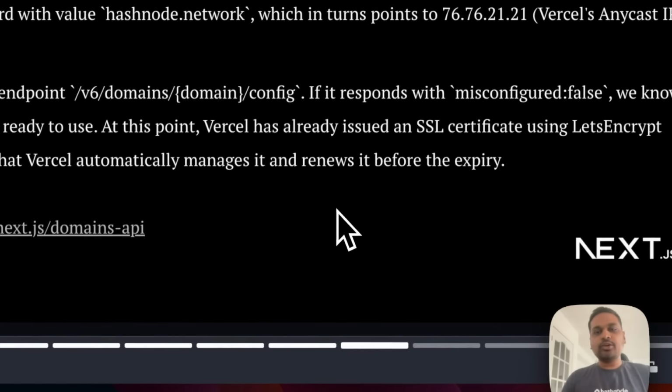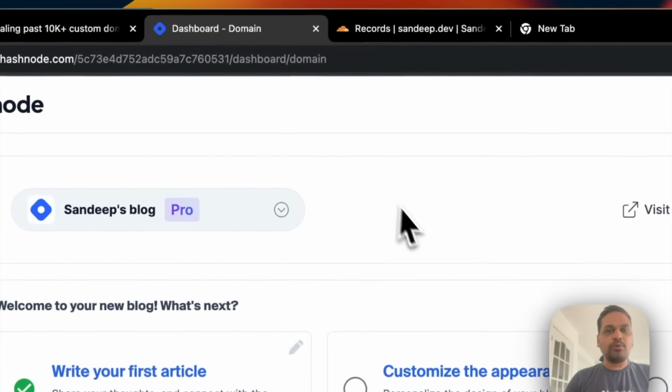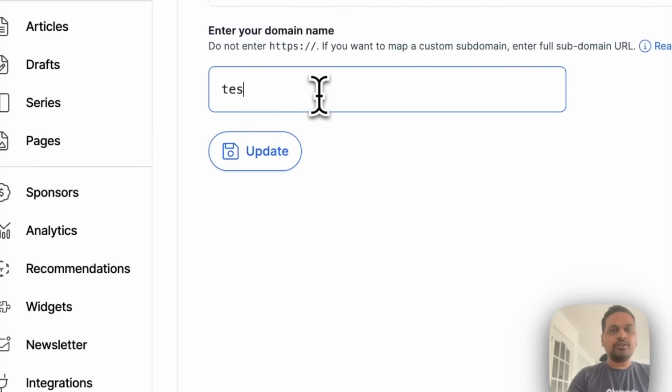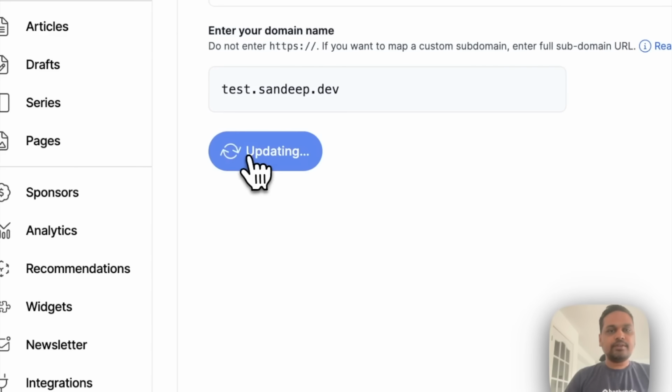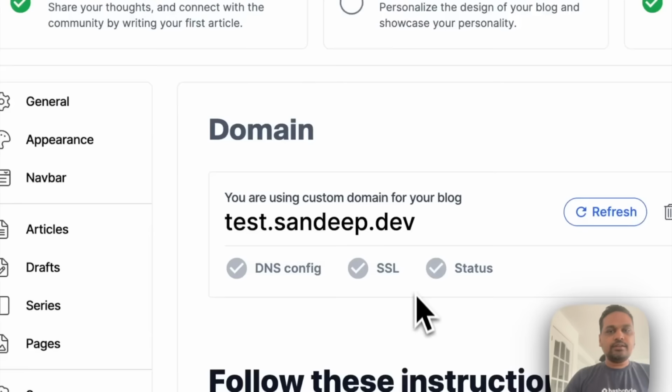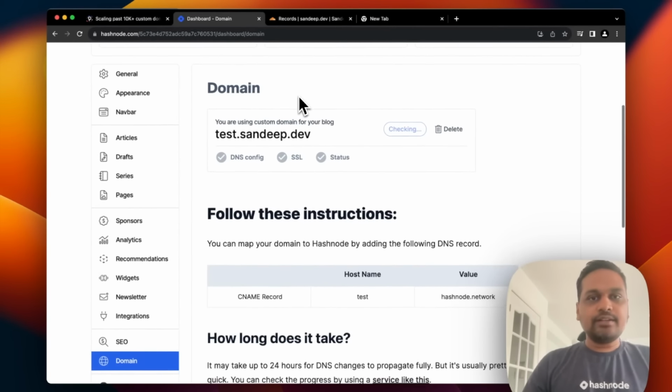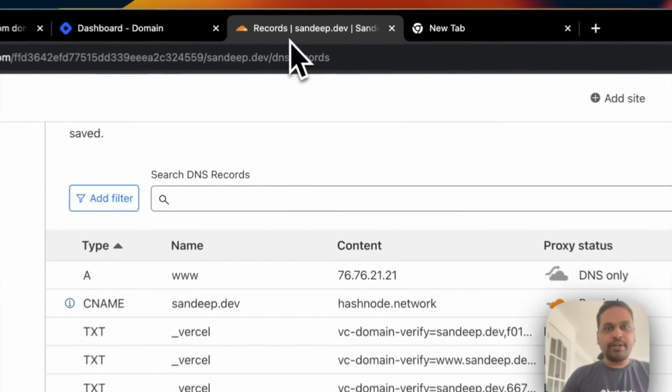I would like to take a moment to show you how this works in practice. So just go to your Hashnode blog dashboard, head over to the custom domain tab and enter your domain. For me, it is test.sandeep.dev. Hit update. And this is where we make the API call to Vercel. And I'll just go ahead and update my DNS settings.